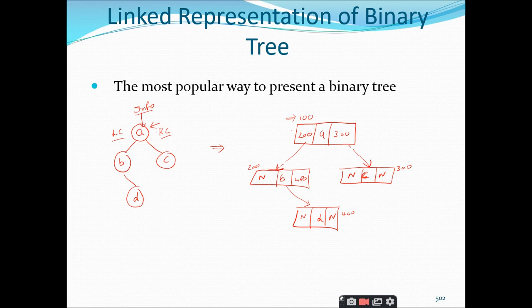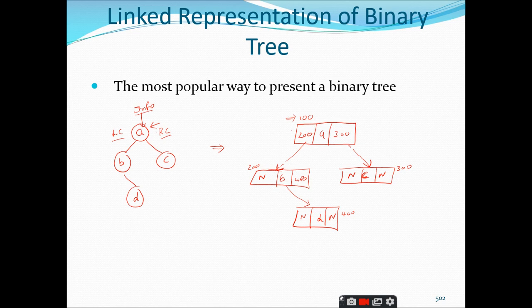Very simple concept, right? But the programming is somewhat difficult. Why? Because as we know, the linked list concept programming is somewhat tricky in nature. We have seen the complete program related to our singly linked list, right? So a lot of logic has to be applied in manipulating the pointers, in manipulating the addresses part. Remaining thing is very common. You create a node, you store the information part, but the third part, manipulating the addresses part, will be a bit tricky, right? So this is how we are going to represent the binary tree using linked list.